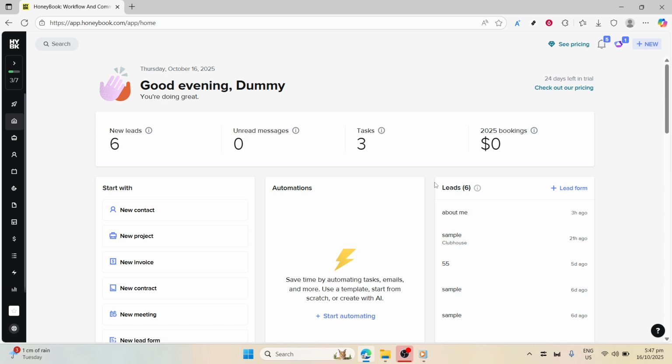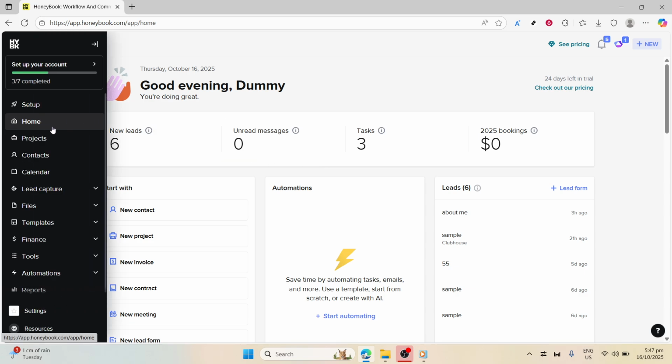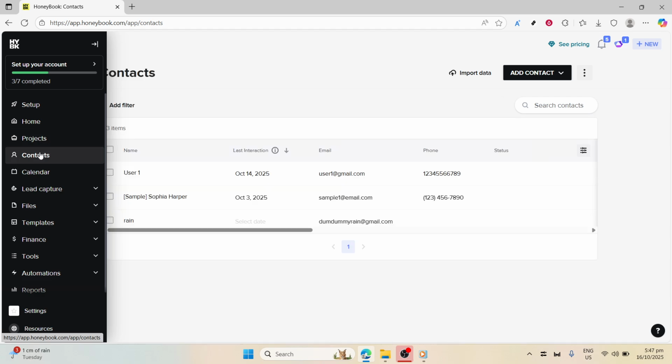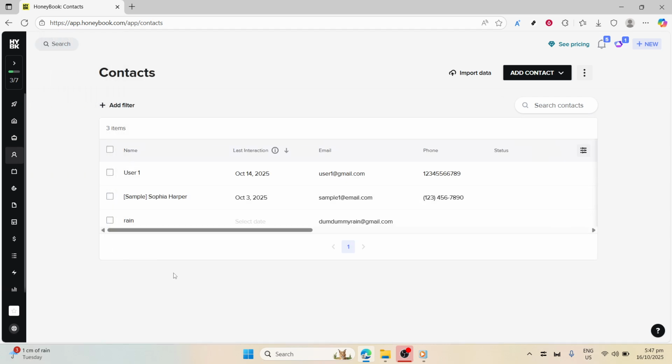First, you'll want to start by logging into your HoneyBook account. Once you're on the main dashboard, the first thing you'll need to do is navigate your way to the contact section. This is where all your client details are stored, and it'll be the focal point for our task today. You'll find the contacts option usually positioned at the top of the dashboard, allowing you easy access to your entire